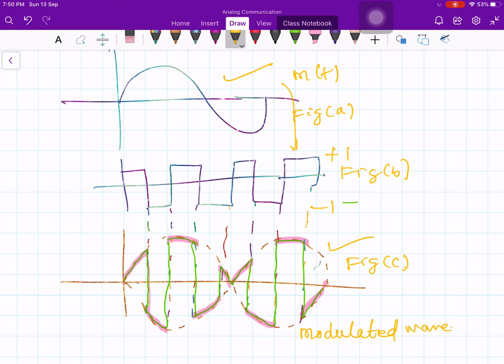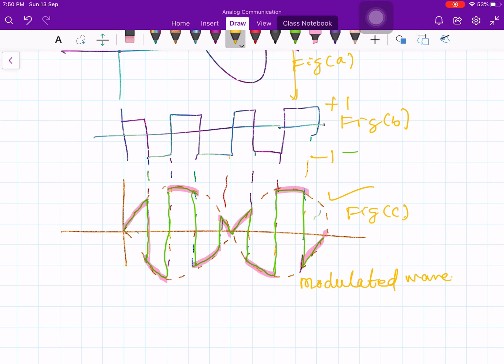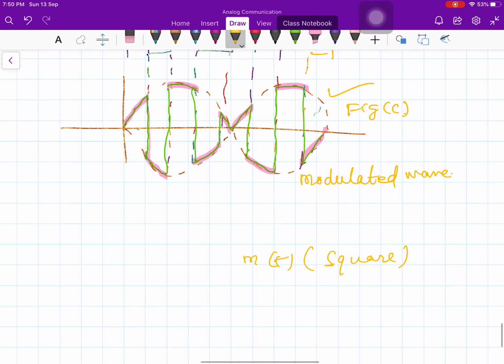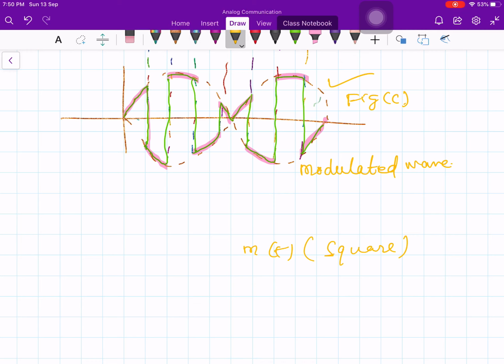Once again, the carrier wave does not appear to be a sine wave, it appears to be a square wave. So what should I do? The basic theory remains the same. Here m of t is multiplied by a square wave, and the square wave is a periodic wave, therefore the square wave contains the fundamental component and its odd harmonics. So we only want the component which is the product of m of t with the first harmonic of the square wave. Therefore the modulated signal s of t, you pass it through the band pass filter centered at fc. So the output is m of t times cos of omega c t.